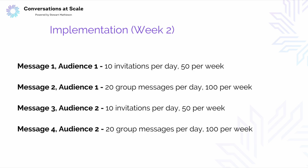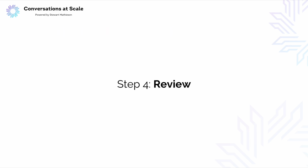Week 2, we increased our group messaging a little bit. We can't increase our invitation outreach because you only get 100 per week. But we do, however, have a secret little group messaging strategy where you can message prospects without using invitations to connect or in-mails. Review. After the 2 weeks, we looked at the stats of what was working and what wasn't,